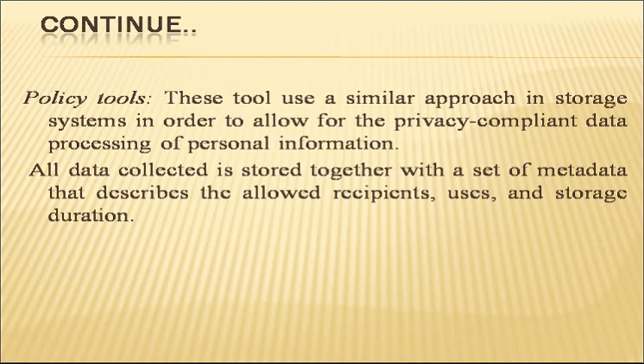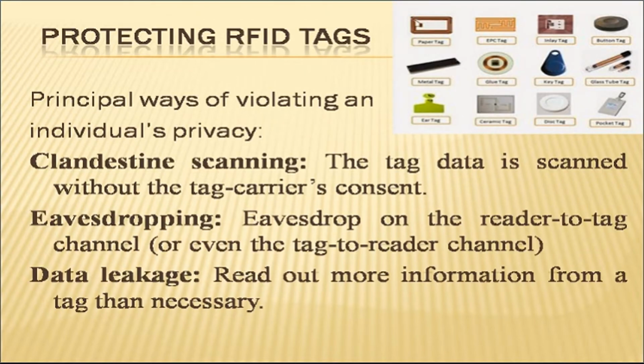So by providing this information, it can help the application to restrict the usage of that data. Now, even though policy tools, transparency tools, and opacity tools are there, whether they can be applicable as-is to the Ubicom world is what we have to see. We are going to understand that with the help of some examples. The first example is RFID tags.